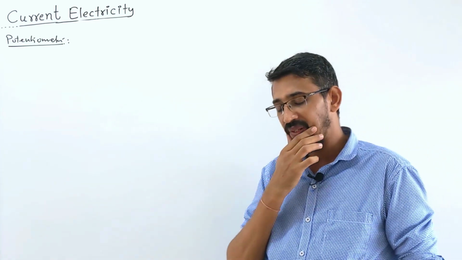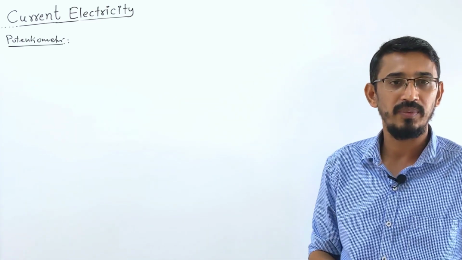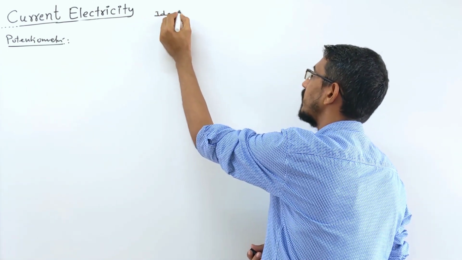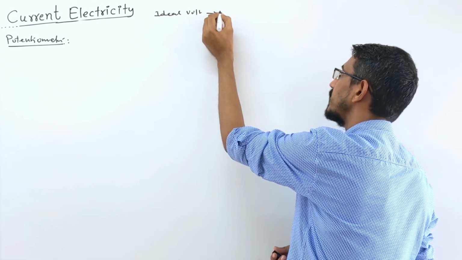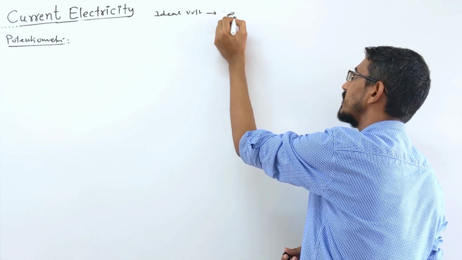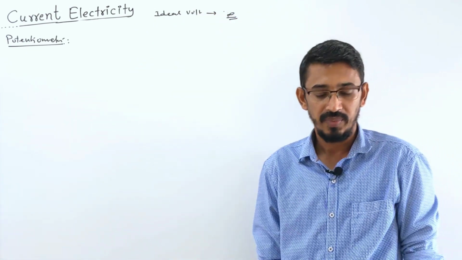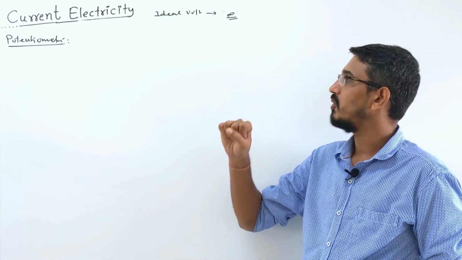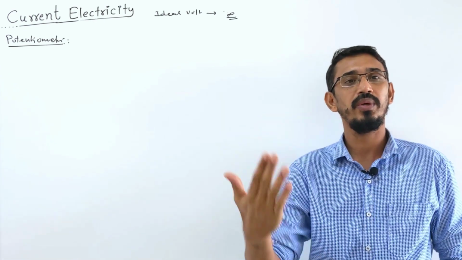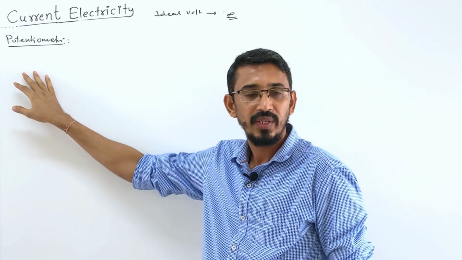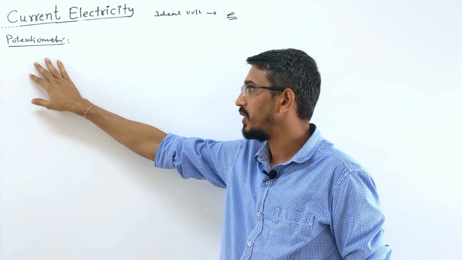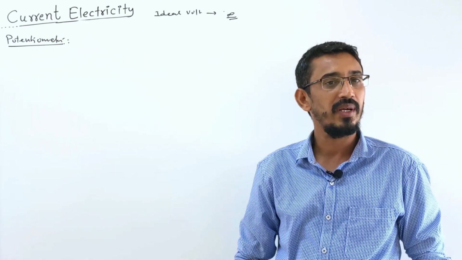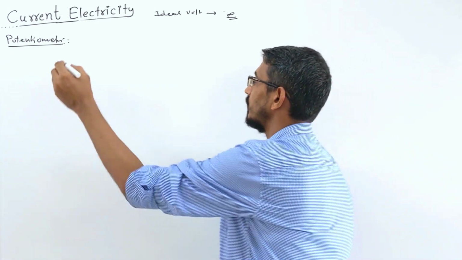Why does this happen? Suppose you have an ideal voltmeter. Remember, last lecture I told you, if you want a perfect voltmeter, then the resistance should be infinite. But you know that every voltmeter has some finite resistance only. So the reading will not be accurate when you use a voltmeter. The reading will be more accurate when you use a potentiometer. So this potentiometer is simply an alternative to your voltmeter, and it gives an even better reading. So let me write here,